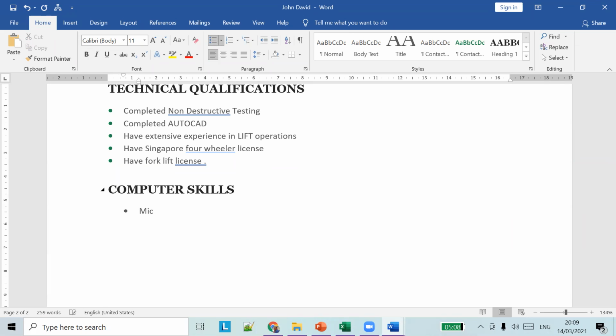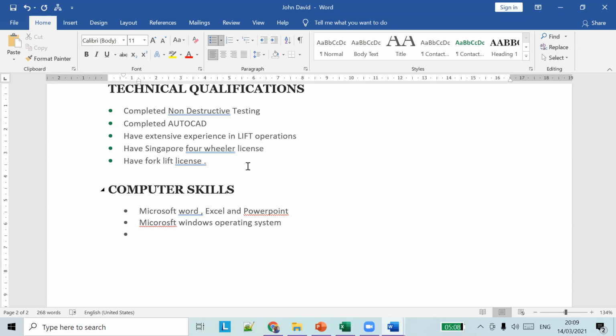So I should know Microsoft Word, Excel, and PowerPoint. Okay. Then you can say I can use Windows operating system. So Microsoft Windows operating system. What else?